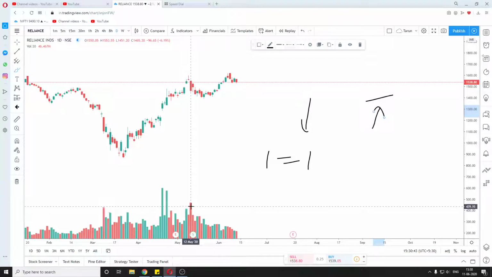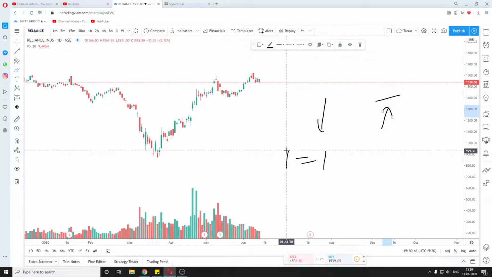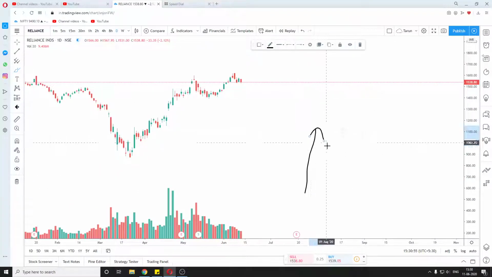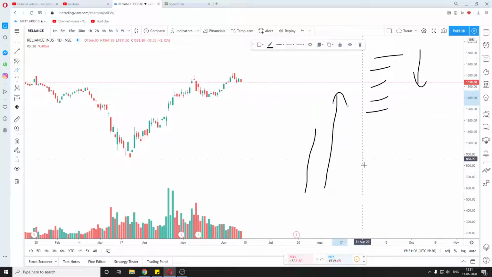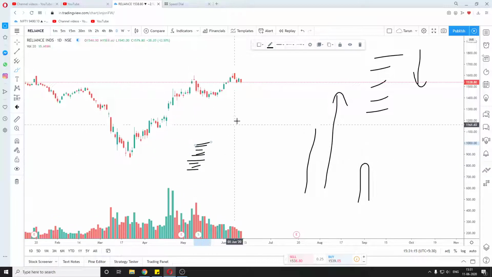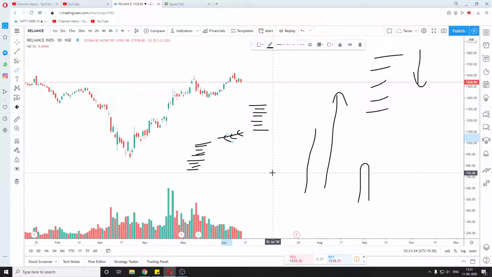Now the question is that if there are no more buyers than sellers, then how is the price increasing? This is what we call the aggressiveness of the buyers, that they are taking out the sell orders faster than the sell orders are coming, so the price is moving up. But there is no volume which is a buy volume, because let's say there are orders like this on the buy side and orders like this on the sell side, the point where they meet is the only trade which is happening, which is represented in the volume.